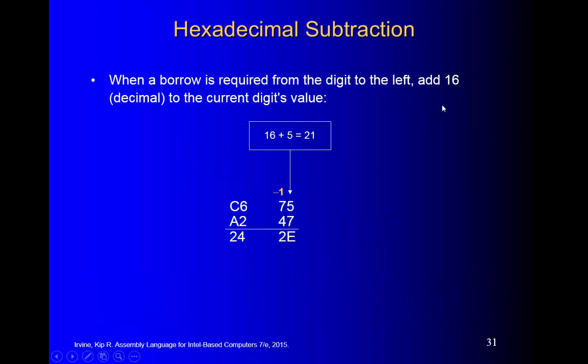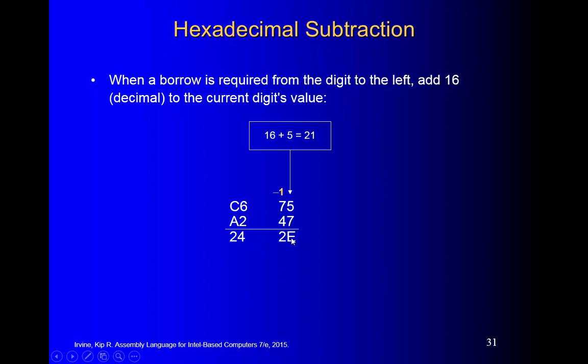Subtracting hexadecimal numbers. 75 hexadecimal minus 47 in hexadecimal. 5 minus 7. 5 is less than 7. We have to borrow 1 from the second position. Borrow 1 from the second position means you borrow 16. So you borrow 16 plus 5, that means you have 21. So you have 21 minus 7, you should have